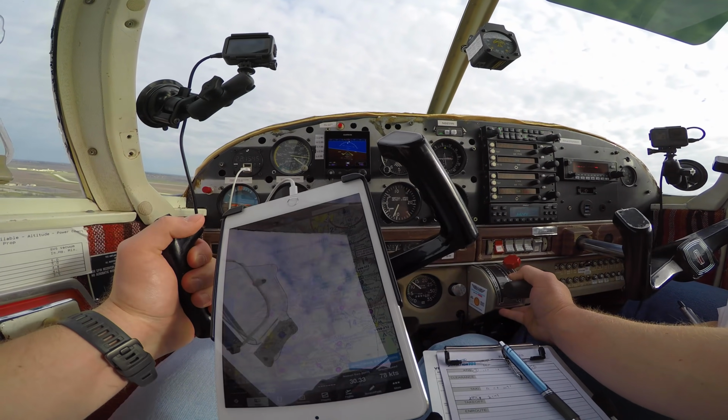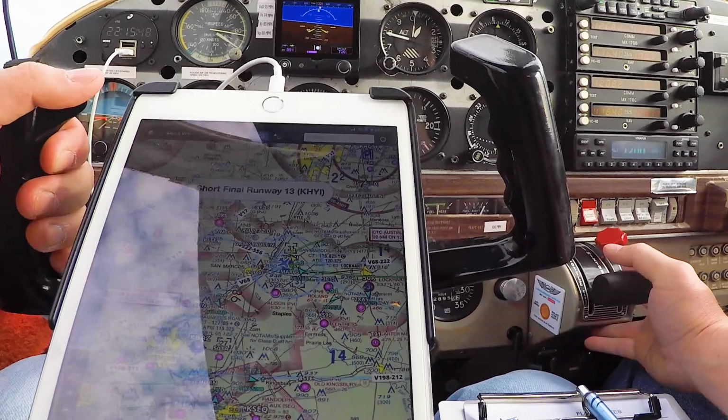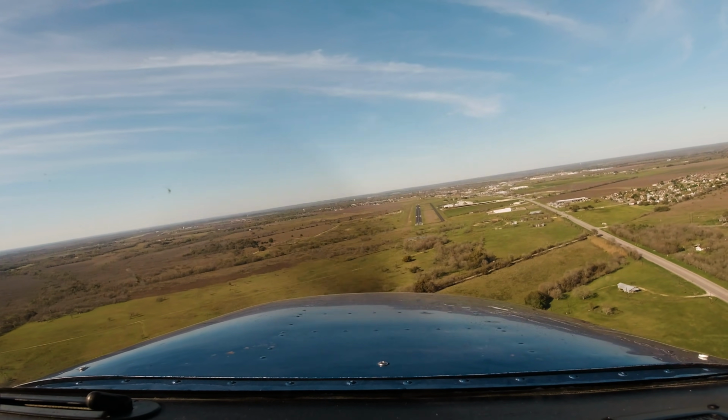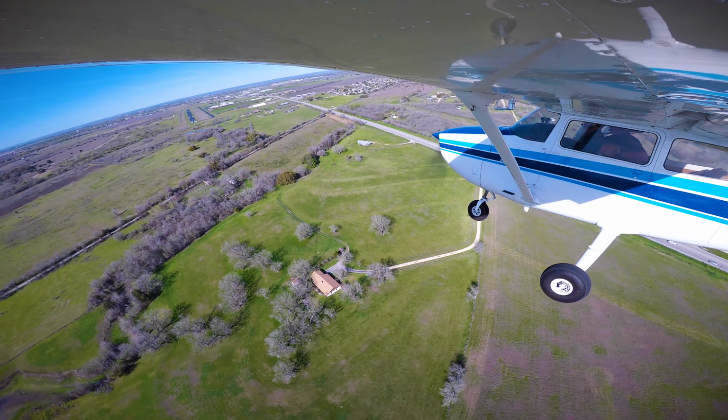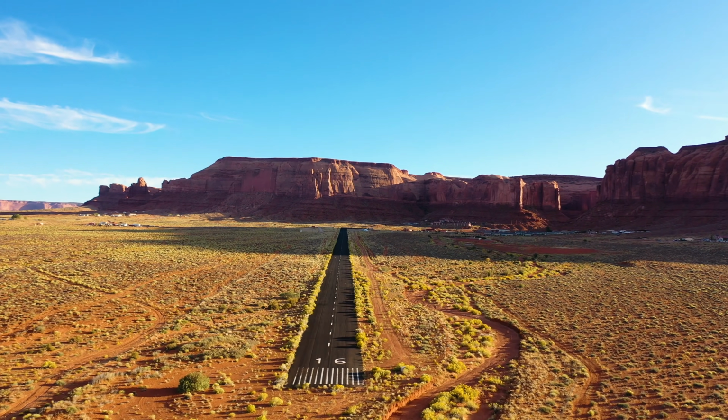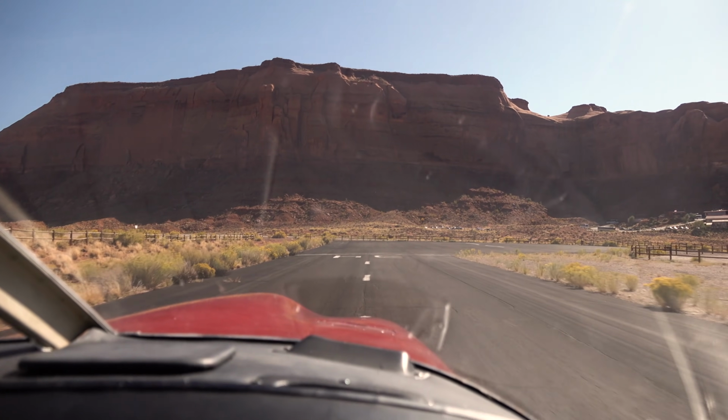It's important to also define what we call a gate. Think of it like a checkpoint for yourself and give yourself a deadline for being stabilized. ForeFlight will give an audible 500 feet callout when you're 500 feet above the ground on approach. And I like to use that as a reminder point to check my approach and determine if I'm stabilized or not. I'll reply audibly with either "500 foot, stabilized" or "unstabilized, going around." 500 feet may be too early for some though. Sometimes we're already below 500 feet by the time we turn final. Just depends on the airplane that you're flying and the runway that you're approaching.